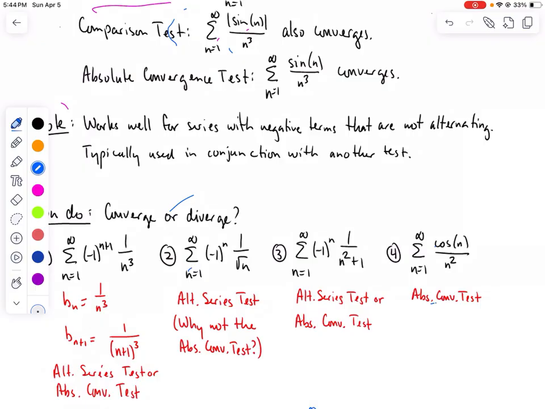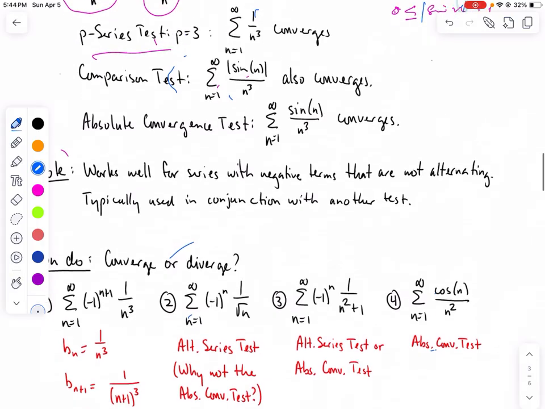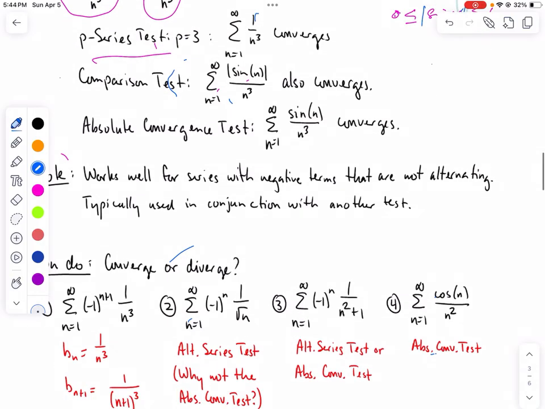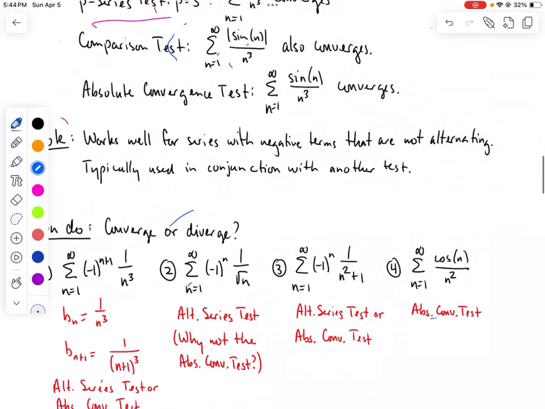For this first example, we can apply the alternating series test, and or we can apply the absolute convergence test. So if I apply the absolute convergence test,